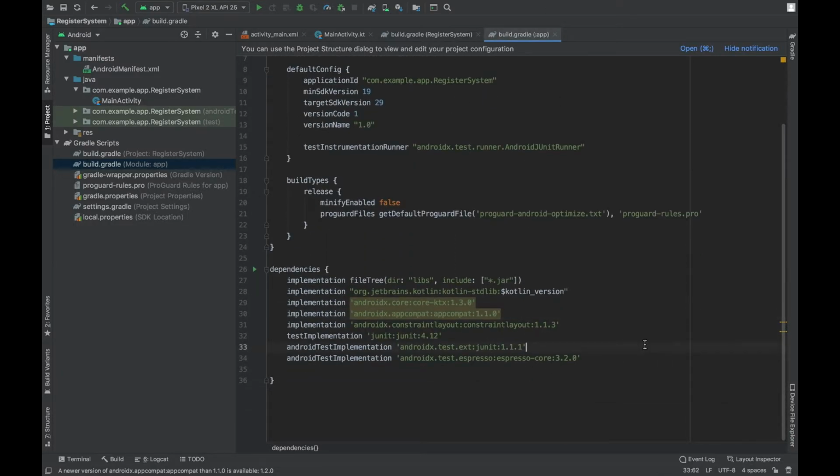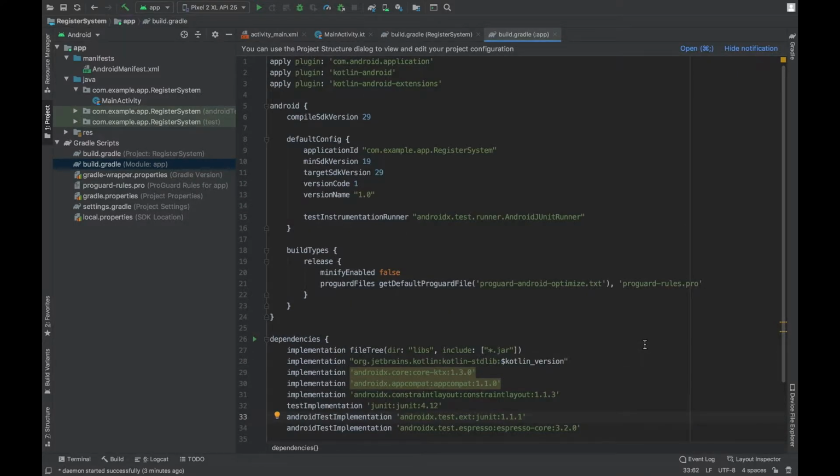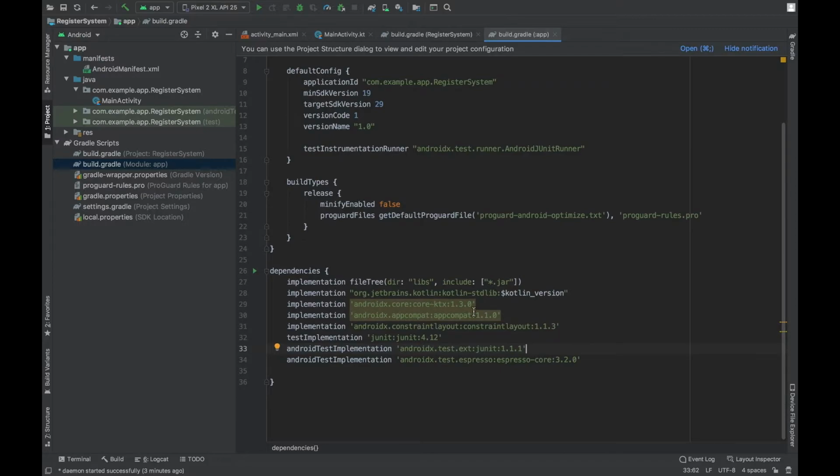Now what is Android X? Basically, it is a set of libraries that help you support many different versions of Android, even the other versions that are not easily compatible with your application. You can support those devices, and all the other necessary libraries will be added individually in this dependencies section.